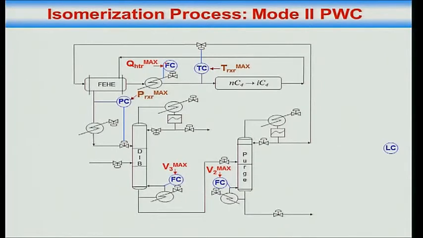The next handle available to me is how much is flowing through the system. So I am adjusting the flow through the reactor, and that flow happens to flow through the FEHE, through the heater, and happens to be the distillate of the purge column. But please understand that the degree of tightness of control this way, or alternatively that way, would be comparable. Do you see what I am saying?